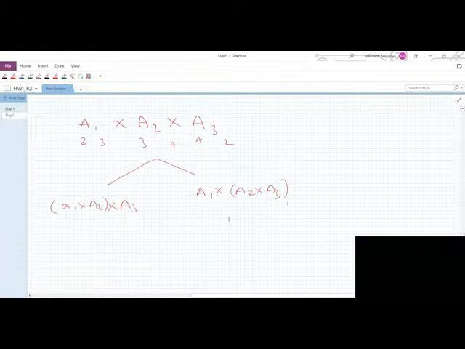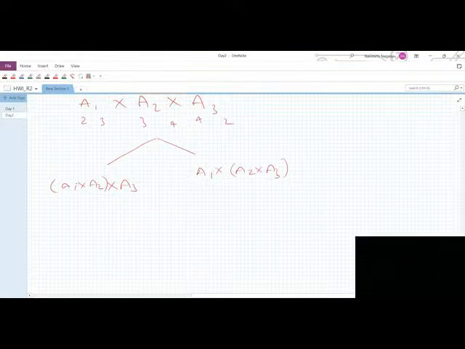Here, when we observe this one, for A1 itself it has 2 and 3. For A2 we have 3 comma 4. For A3 we have 4 comma 2. For A1 we have 2, 3. And for A2 we have 3 by 4. For A3 we have 4 by 2. These are the number of rows and columns for each particular matrix. When we observe